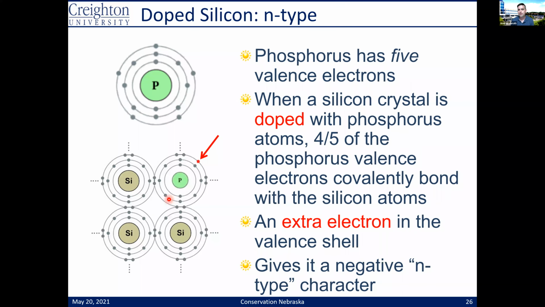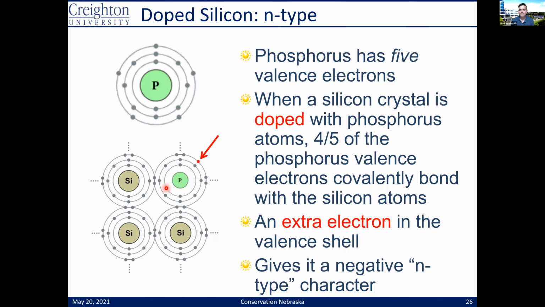So this is one way that we dope silicon, is with phosphorus. Phosphorus looks exactly like silicon, except for instead of 4 valence electrons, it has 5. So now notice what's going to happen. We bring a phosphorus atom in, and again, it's going to change to make itself look like silicon. It's going to be an imposter as much as it can be. It's not going to disrupt the crystal structure, but it's going to have an extra electron, and it's not going to know what to do with that extra electron. So it becomes free. So this actually gives it a negative character because it has this extra electron, which is negative. And so for the rest of this, we're going to call it N-type, N-type for negative type.